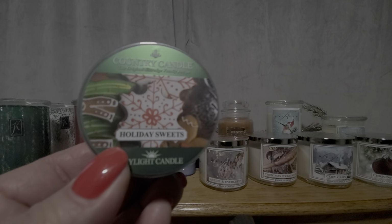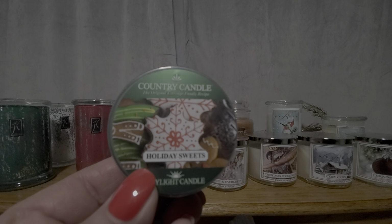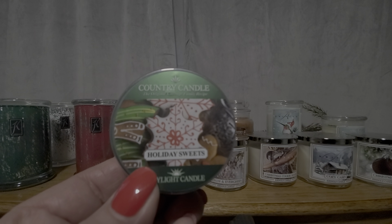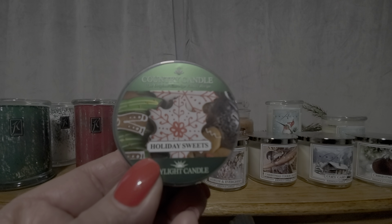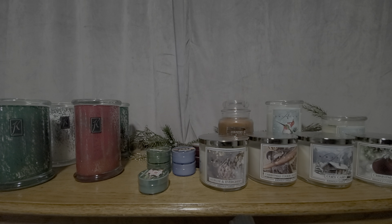So the scent notes on this one read, Holiday Sweets is like going to grandma's for the holidays. Fresh baked sugar and snowball cookies combine to make this a sweet, delicious fragrance. Top notes of lemon, strawberry, sugar cookie, mid vanilla, coconut cream, baked cookie dough, base note cream, musk, raspberry. So, like I said, I was really hoping this would smell like a raspberry Lindt cookie or like a shortbread with strawberry,